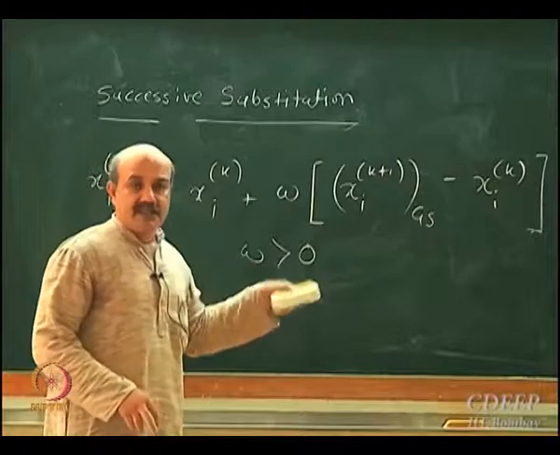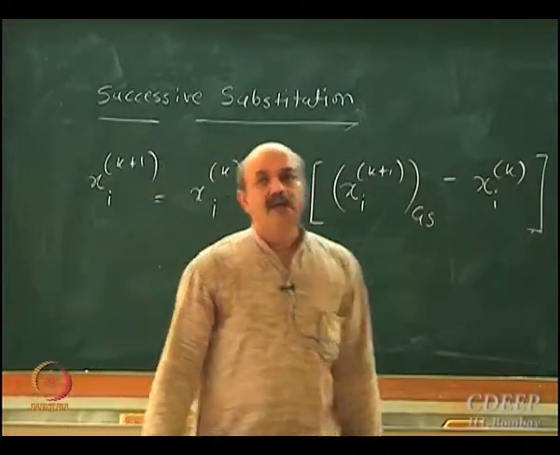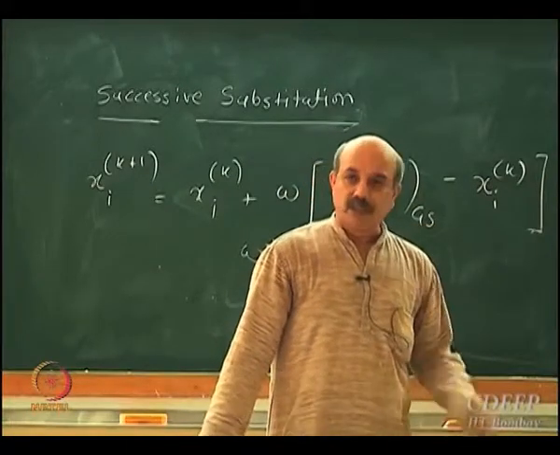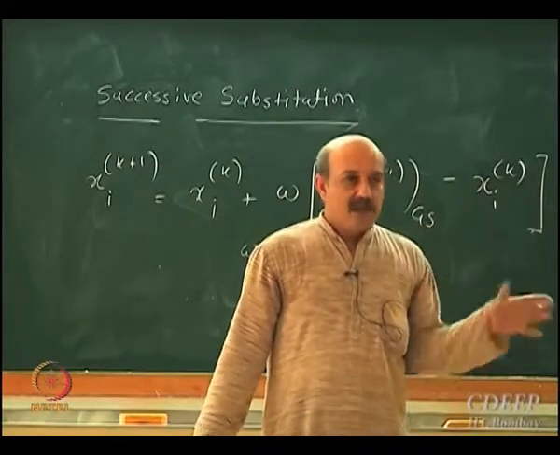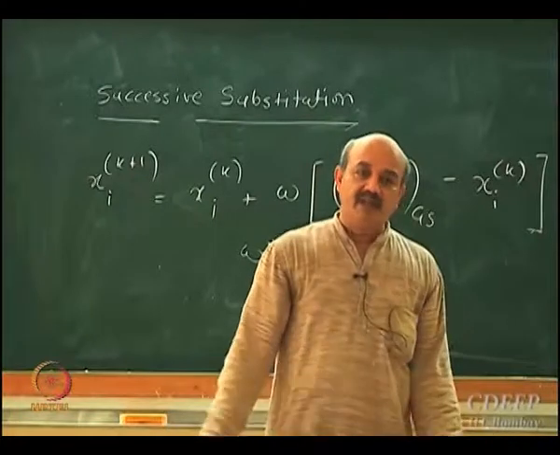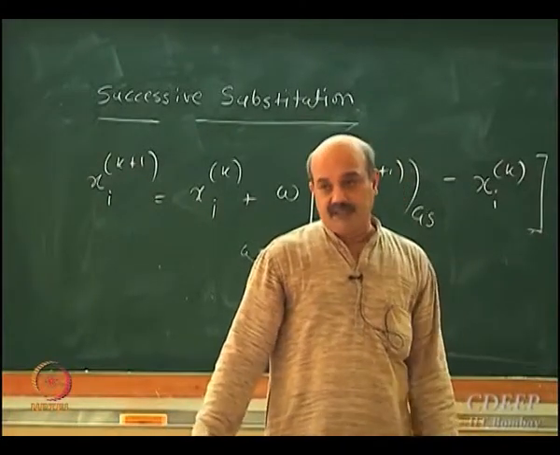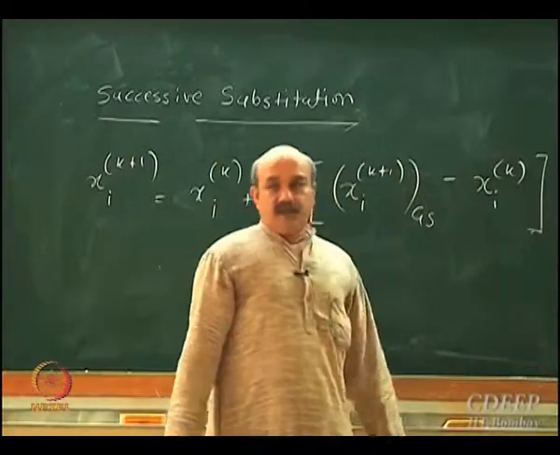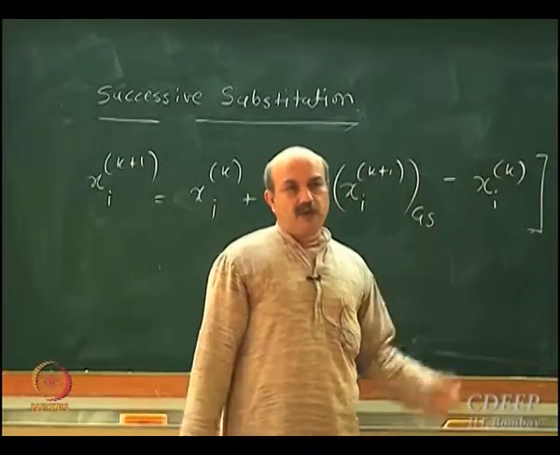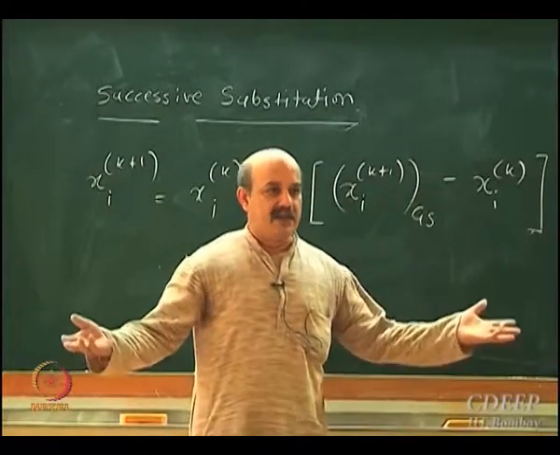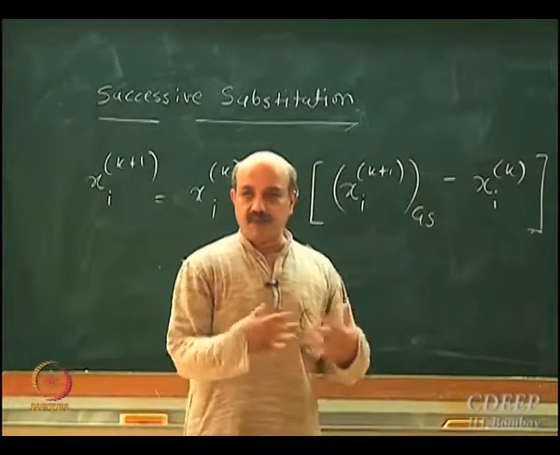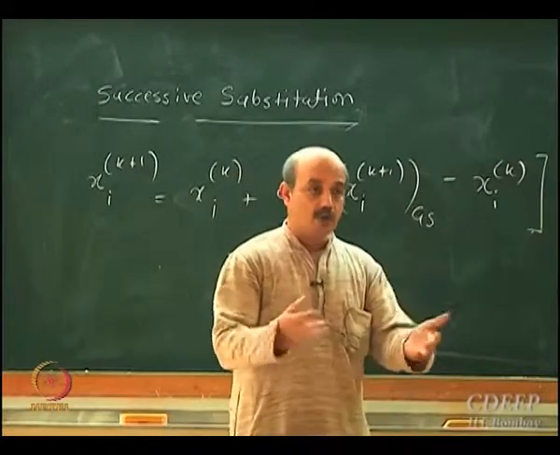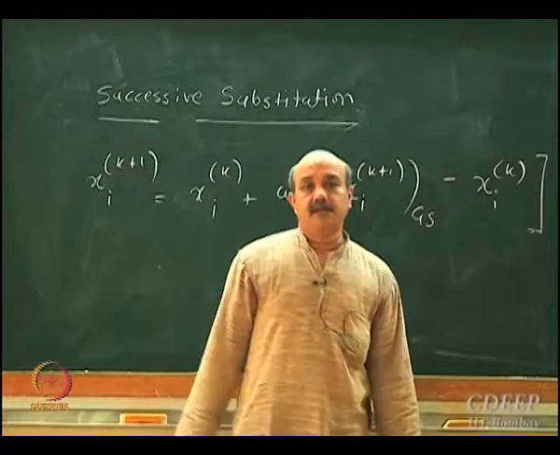The advantage of these methods is that there is no gradient evaluation, no Jacobian calculation. The flip side is that they will converge only if you have a good initial guess. Without gradient calculations, if you have a good initial guess and if it works, great. You are able to save on computations and solve the equations very fast. If not, you will have to go for gradient based calculations.